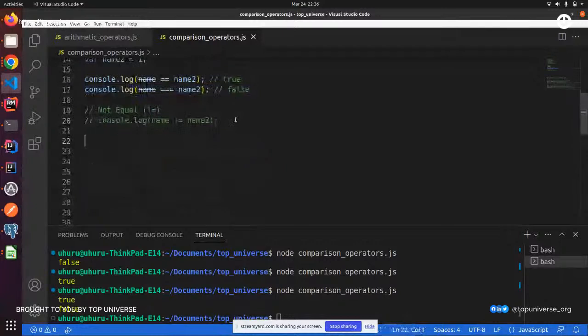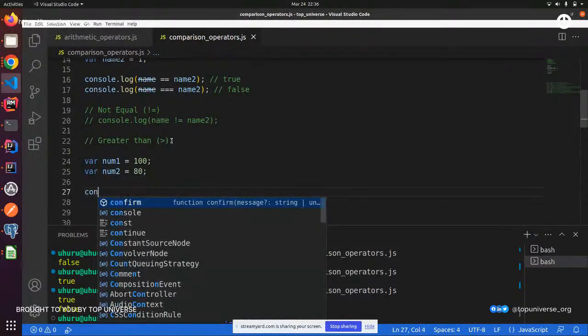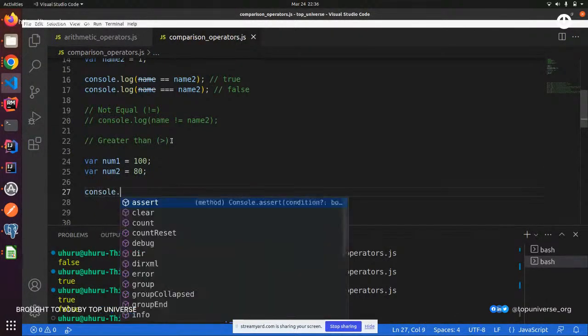Now let's look at greater than. Greater than, as it sounds, is a value is greater than another value. Say 9 is greater than... Let's store var num1 is equal to 100, var num2 is equal to 80. If we try to log,